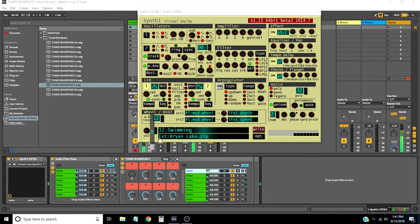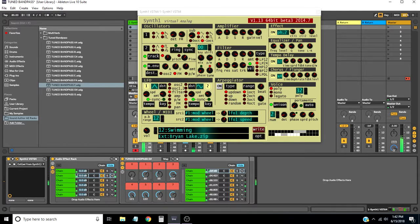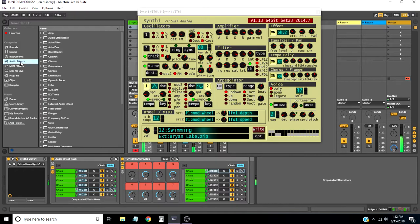Okay, by itself, this sounds like it's a nice pad. But to the bandpass filters, through the bandpass filters, now it's got a special quality. And then, when you process that stuff even further with delay and reverb, like with these,